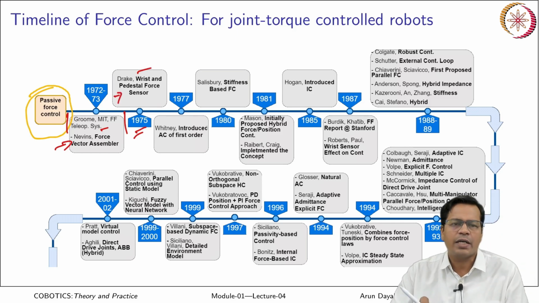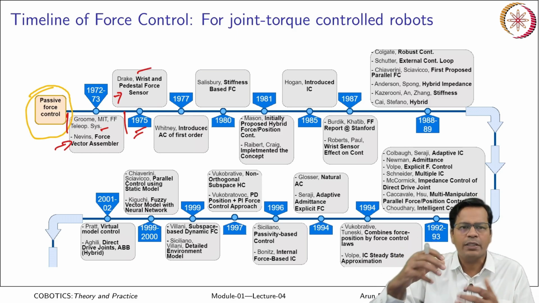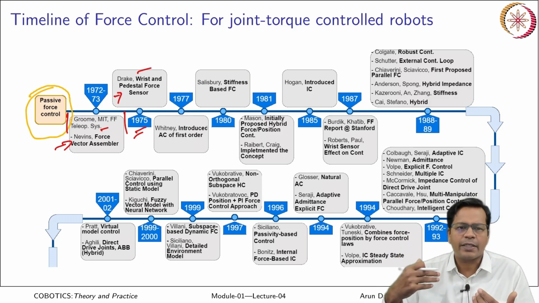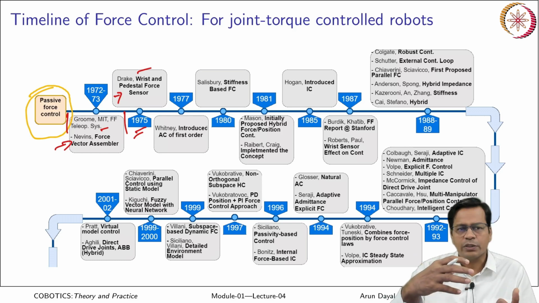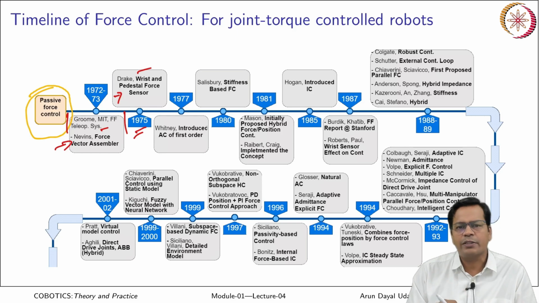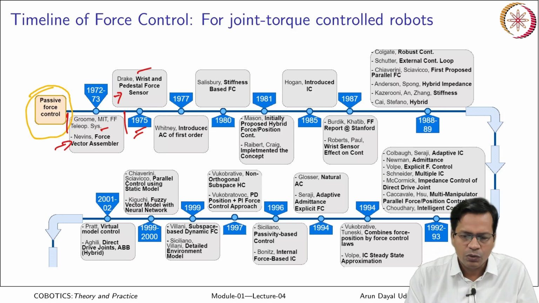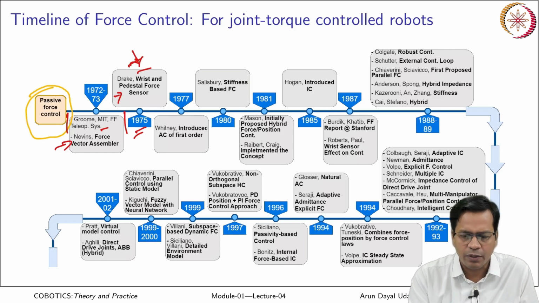That is where we started using an end effector force torque sensor instead of these passive compliance devices, and the whole system became active. That means live forces we are taking into account, we are creating it in a closed loop, and we could desire a particular force. That was not possible in case of a passive compliance device. Now, in case of active compliance, we can maintain a particular force or torque at the end effector. So, this is where we started with active force control in 75.